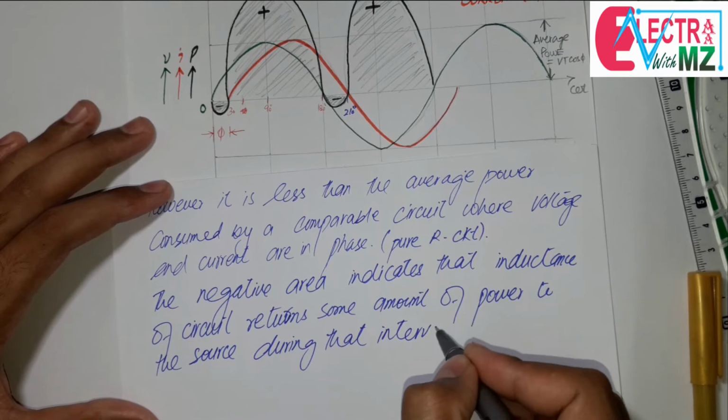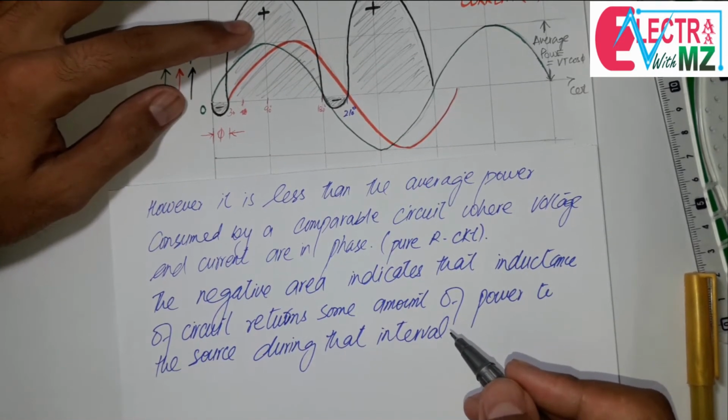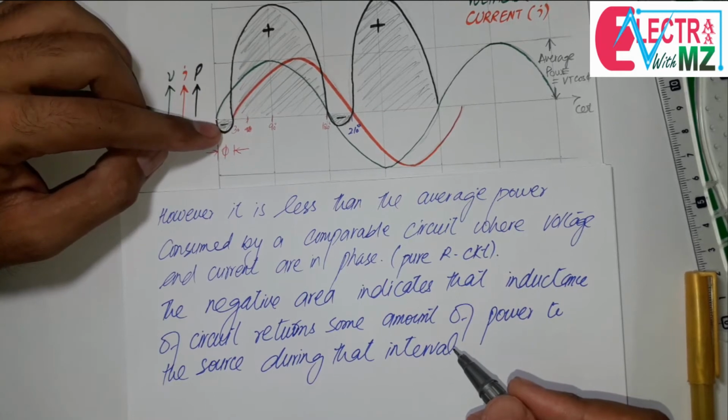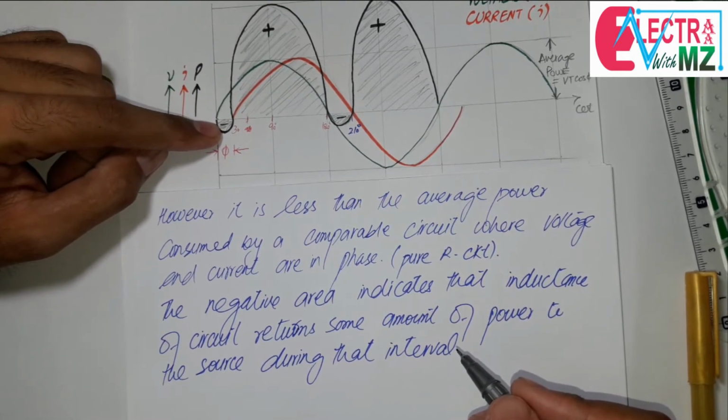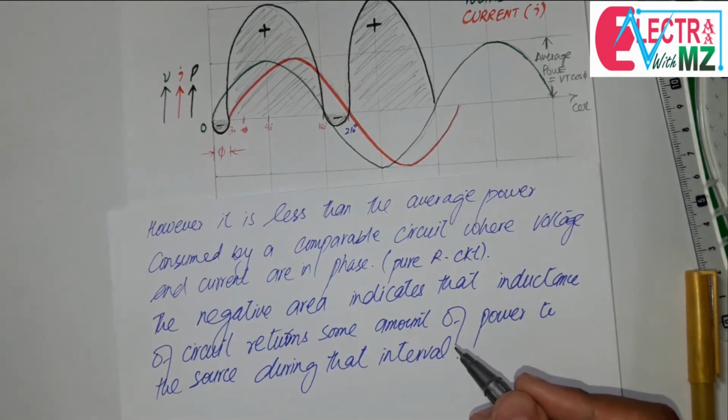Okay, means for positive power the circuit gives power to the inductor, and for negative power the inductor sends back some amount of power to the source as well. Okay, so